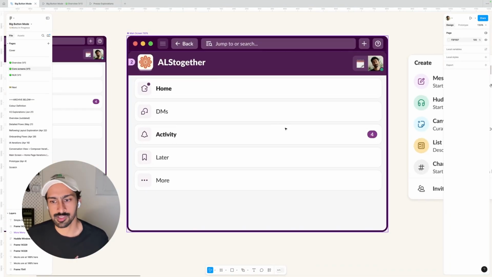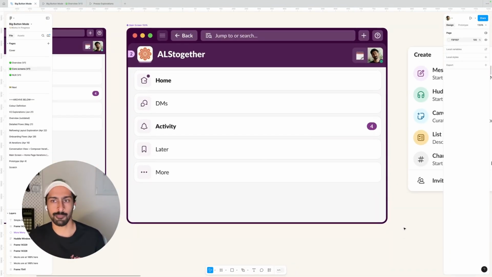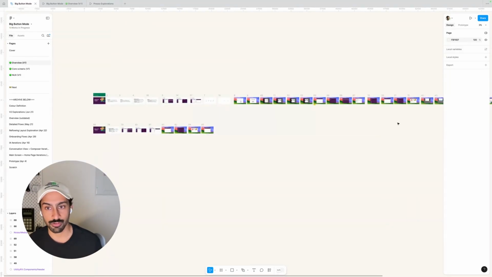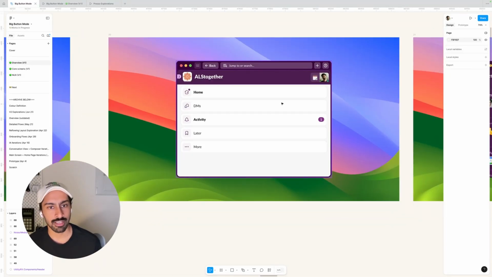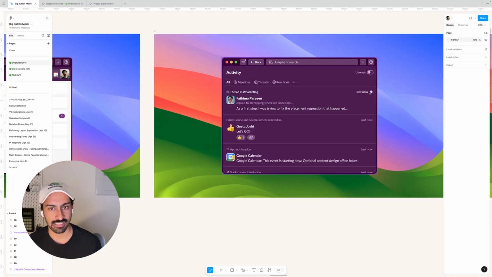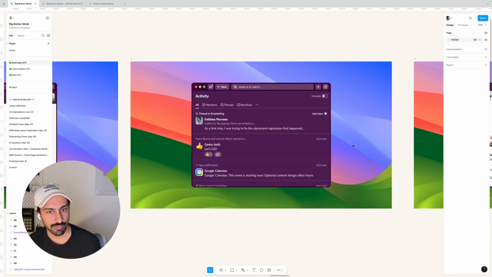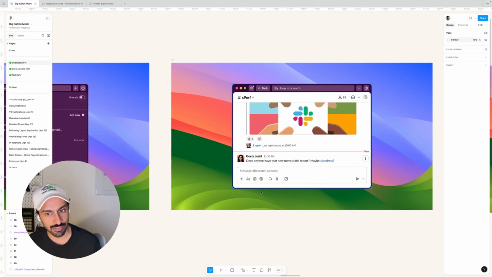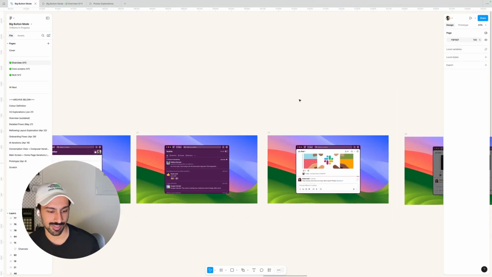was something that looks like this, where you have this main screen with those core navigation tabs shown here as core navigation items. When you give this a click, it'll take you to that appropriate screen. And so if I jump over here, here's my main screen. And if I were to click activity, here's what activity looks like. And if I were to click on one of these things, maybe it'll take me to a channel. And yeah, we built this, which is freaking awesome.